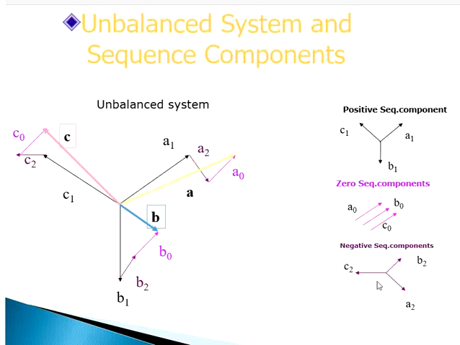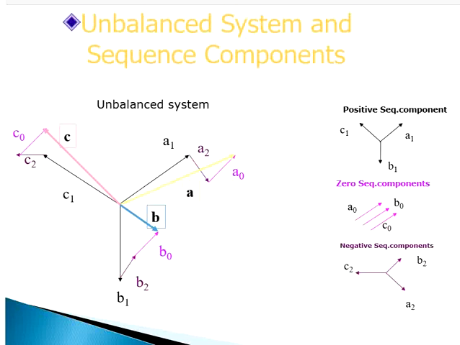Whereas zero sequence component means my phase displacement will be 0 and equal in magnitude. So here there is no phase sequence. Now what exactly do symmetrical components mean, and why are we using them? For the analysis of an unbalanced system, we will transform it into symmetrical components, whereas symmetrical components are balanced components.